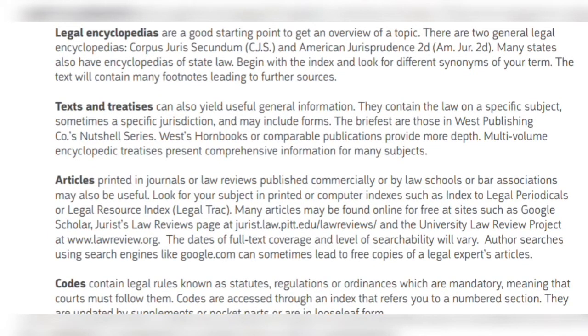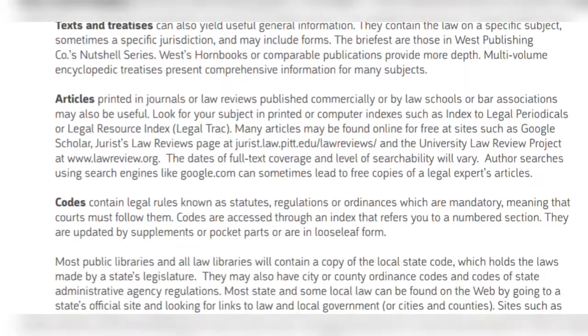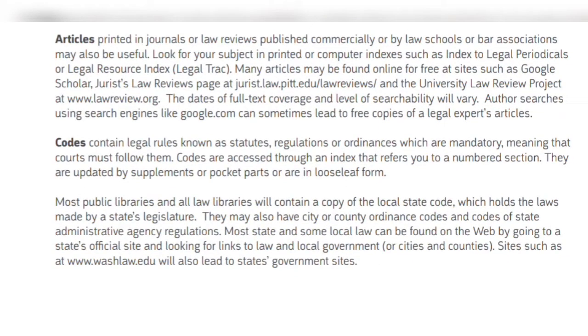West Hornbooks or comparable publications provide more depth. Multi-volume and encyclopedic treatises present comprehensive information for many subjects. Articles printed in journals or law reviews, published commercially or by law schools or bar associations, may also be useful. Many articles may be found online for free at sites such as Google Scholar,